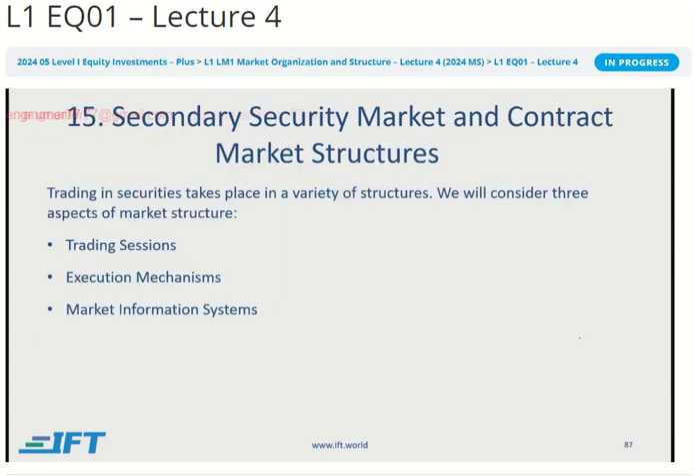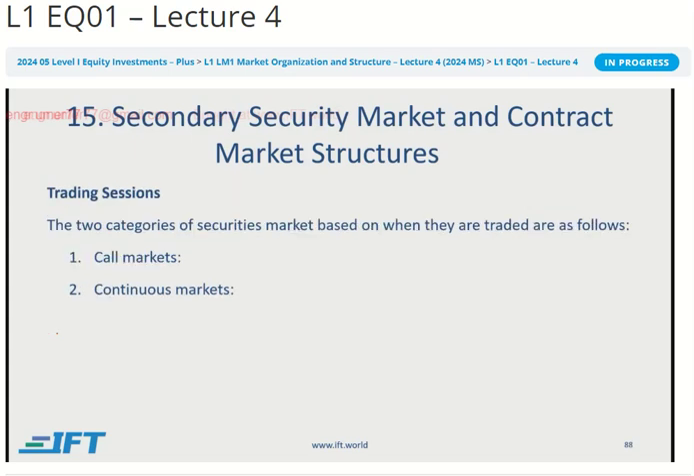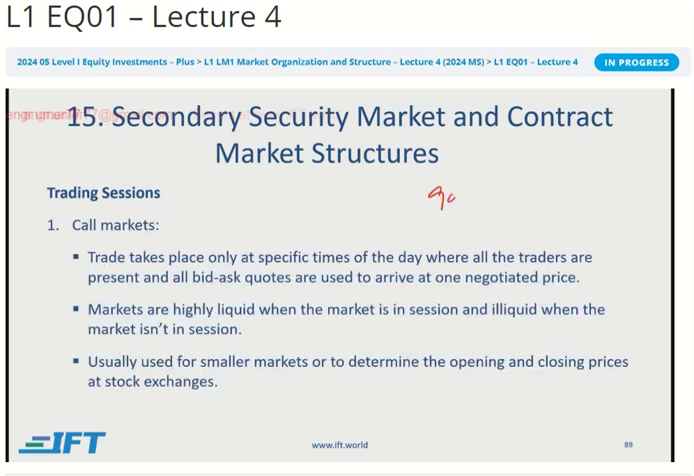Right. What else? Secondary market and contract structures. So trading sessions, execution mechanisms, and market information systems. So let's have a look at this. First of all, call markets and continuous markets. Usually what happens is, let's say a stock market is open from 9 to 5,